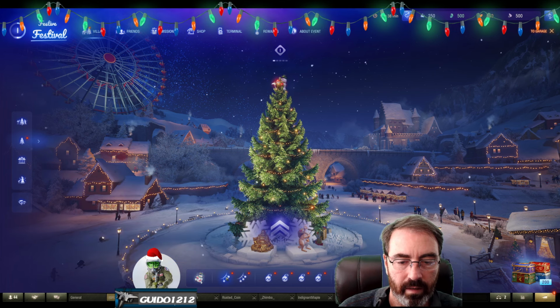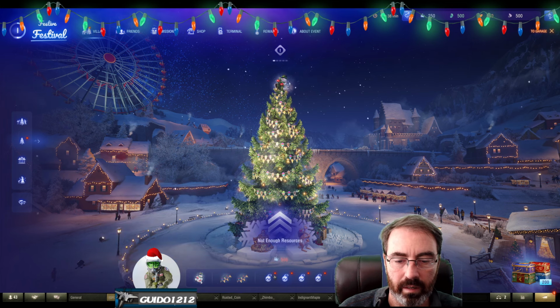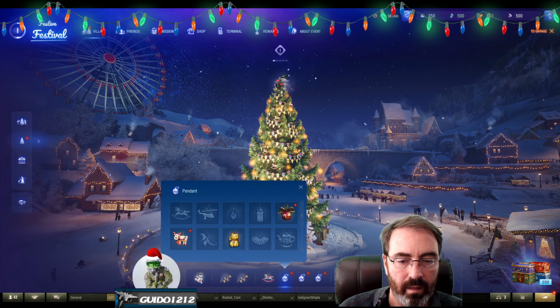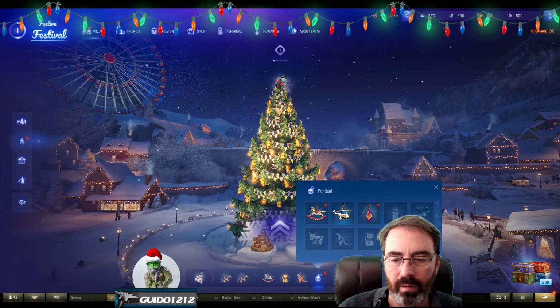What do we got here? This guy. Now, it looks like you're going to have to go through this and put all these things on here. That's very interesting. Is there a way to do this? Oh, not enough resources. Oh, that's to upgrade again. Huh. Do I have to do the whole... That's a lot of clicking for no reason. I'm not really sure what...